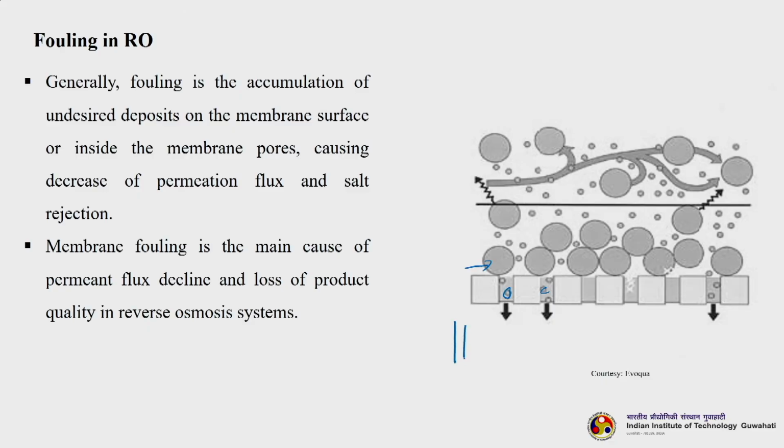If you remember, I showed something like this: if the passage is very constricted and again it opens up, they will get deposited in this particular area, even if the pore is open from both sides, and now this becomes a dead end pore. So, this particular pore now becomes fouled. Membrane fouling is the main cause of permeate flux decline and the loss of product quality in RO systems. Not only in RO, in all systems, whether it is microfiltration or ultrafiltration, the permeate flux declines basically due to the fouling or the concentration polarization buildup.